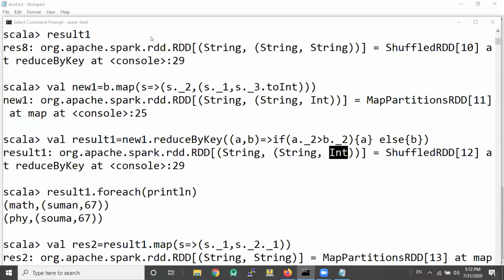Yes, only the second element of the tuple is compared because we only want to compare the marks. We want the inner tuple which has got the maximum marks. So what will you compare? Will you compare the name also? You don't want to compare the name. You want to compare only the marks of a value. So the value comprises two components. You are comparing one component and you are returning the entire two components of the result. That's it.